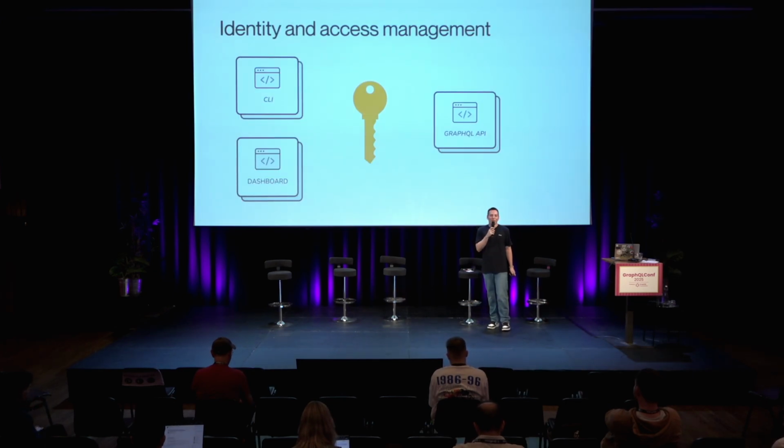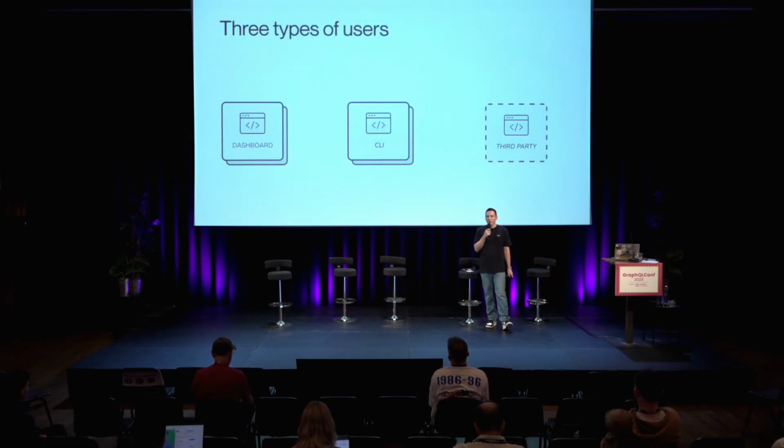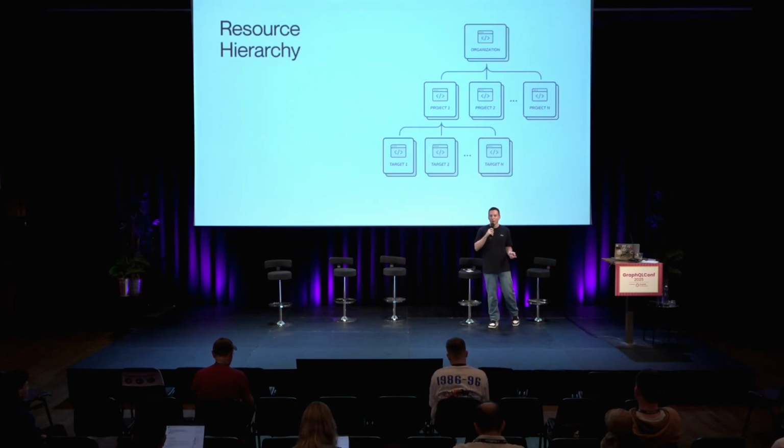So another problem that we had was identity and access management. We had the CLI users, we had dashboard users, and we had the GraphQL API. Now we also had third-party users. And in order to understand our struggles here, I have to give you a very quick rundown of the resource hierarchy. So we have an organization within Hive, and then you have projects. A project is basically a GraphQL API, and the target is like a deployment stage, for example development, production, quality